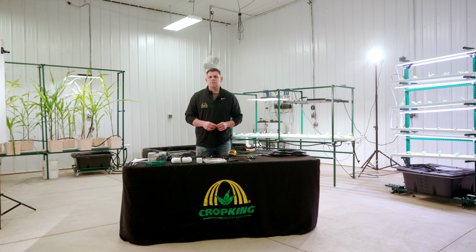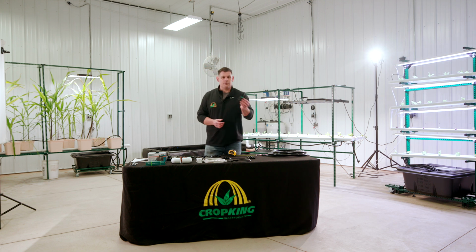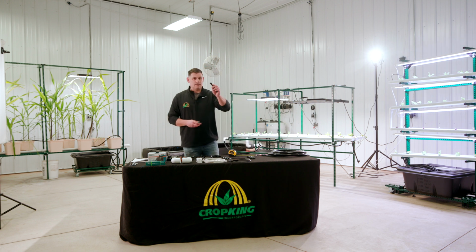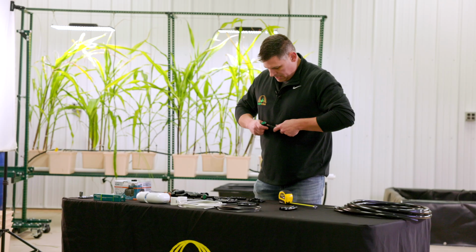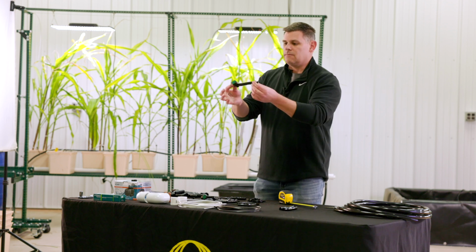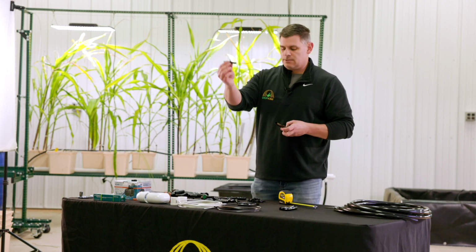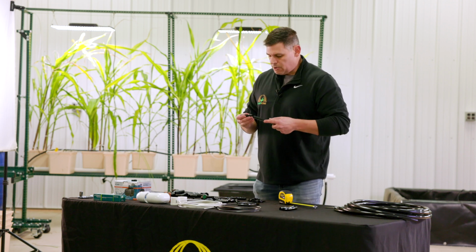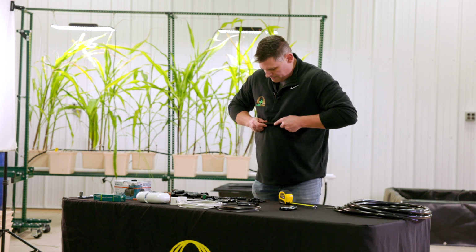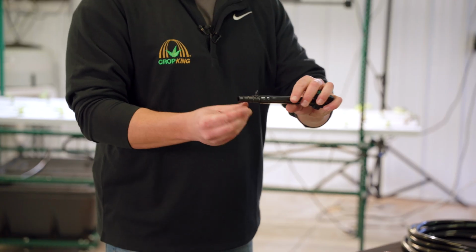So we're now ready to start to piece together the feed tube assembly. We're going to start with one of the two greenback valves and one of our 5-inch long pieces of tubing, and we're going to press that onto either end of the greenback valve like such. You're then going to take one of the T-junctions and insert it into the open end of the piece of tubing. You want to try to make sure to press that all the way to where it sits tightly against